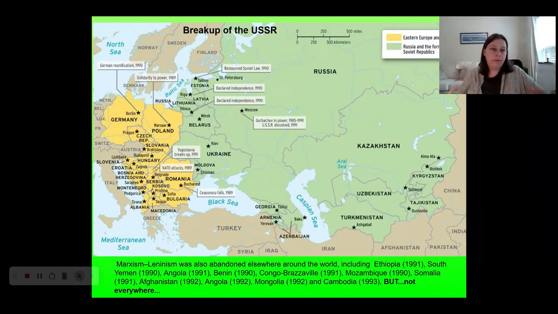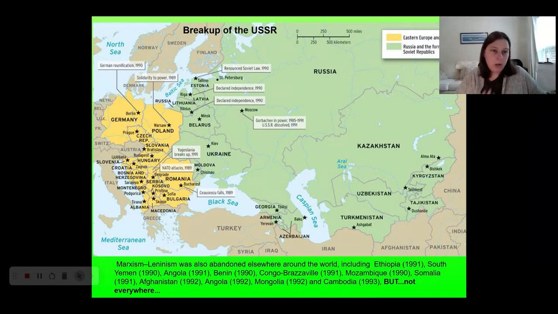This also triggers the fall of a bunch of other governments around the world that had been supported by the Soviet Union. You can see kind of like a list down there at the bottom. So we're really seeing kind of like a global collapse of the like Soviet-style communism around the world. Very, very significant. The most famous example of this, by the way, is the fall of the Berlin Wall and then the fall of East Berlin, right? The sort of government of East Berlin, which happens in 1989. Germany reunites in 1990, so that's quite significant, definitely.